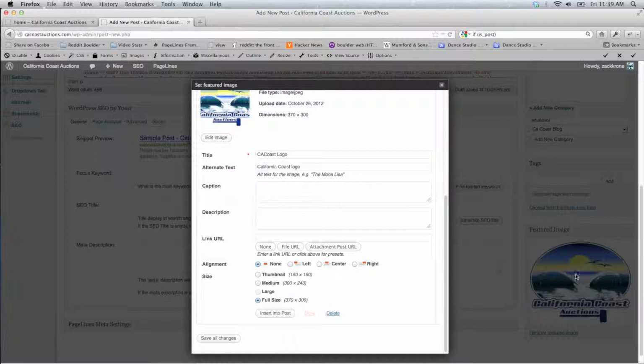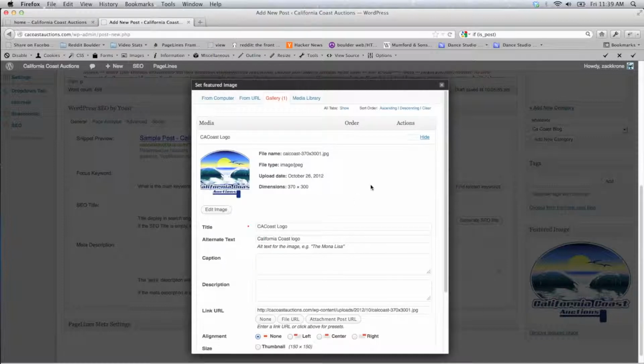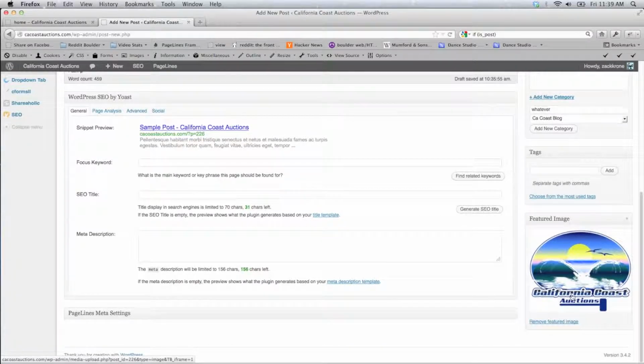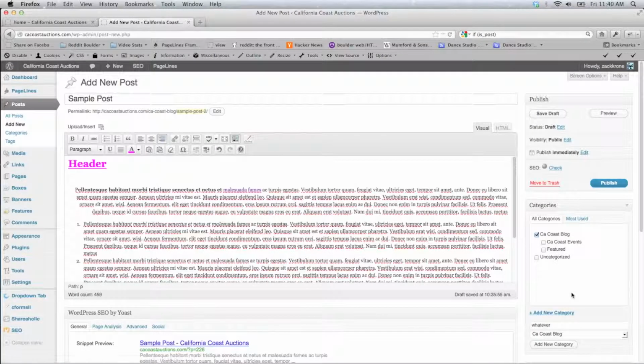And over on the right hand side you'll see that it just pops in right there, and click save all changes, which will save the title and alternate title tags, and just X out of it. And now you have a featured image. Let me show you what that actually does. If we hit preview,